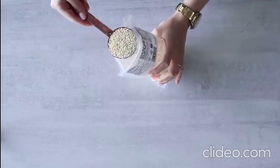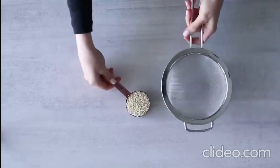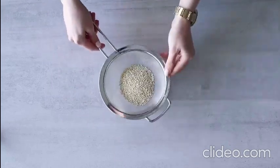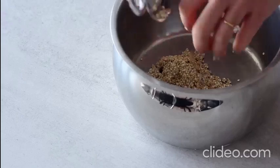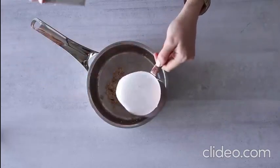To start, I've got 1/4 cup of dry quinoa. I'm placing that into a sieve and just rinsing it under water for a couple of seconds. This helps to get rid of the bitter taste that quinoa has sometimes. Then I'm placing that into a pot with about 1 cup of unsweetened almond milk. You can use any other milk that you'd prefer, and I'm bringing that to a boil on the stove